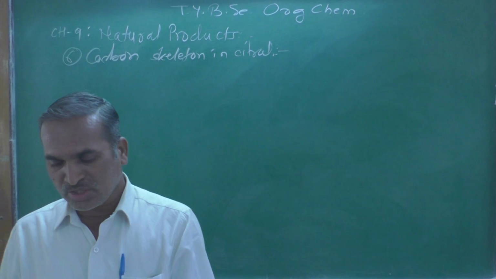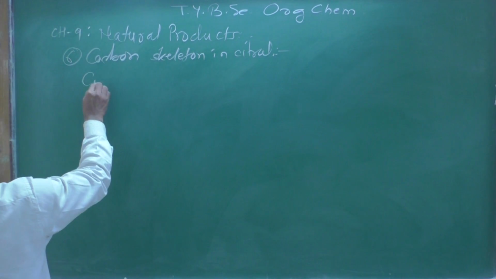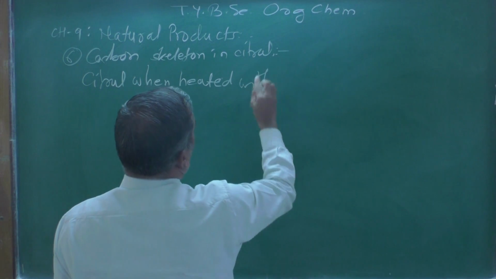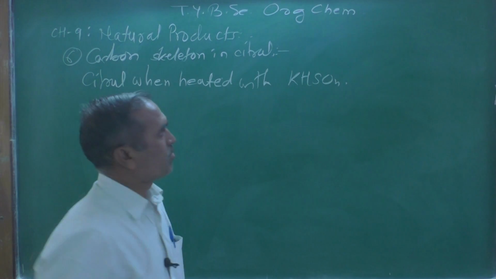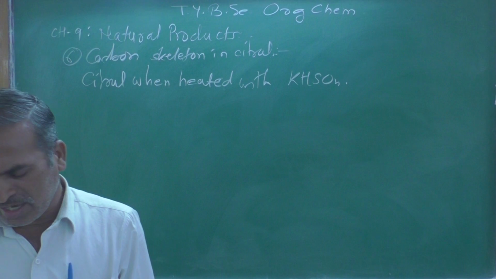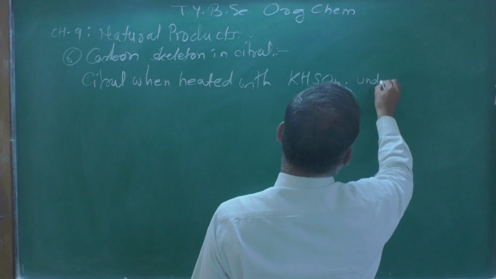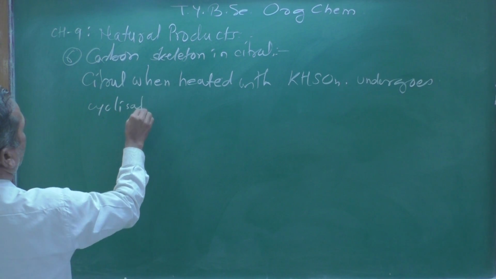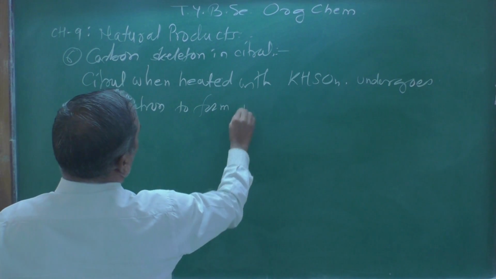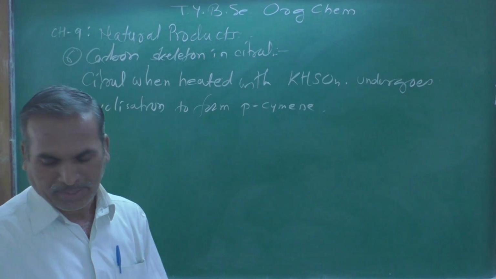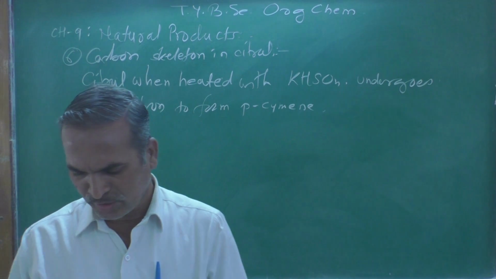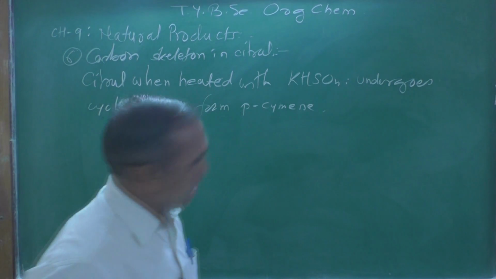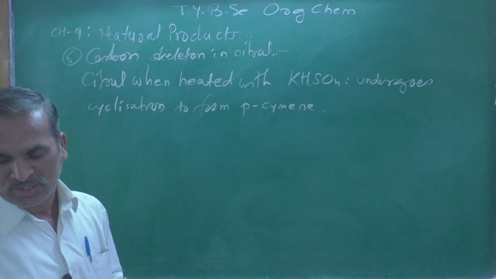Now for that purpose, citral when heated, boiled or refluxed with KHSO4, that is potassium hydrogen sulfate, undergoes cyclization to form paracymene. So that is the product we got over here. Citral when treated with KHSO4, which is potassium hydrogen sulfate, undergoes cyclization to form